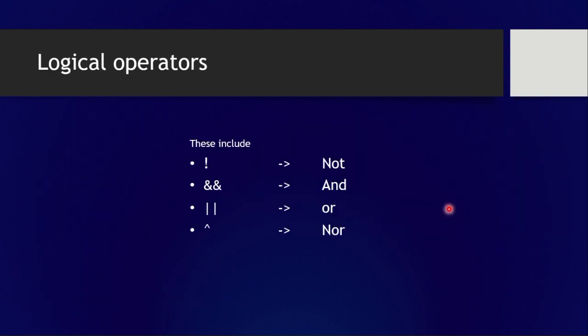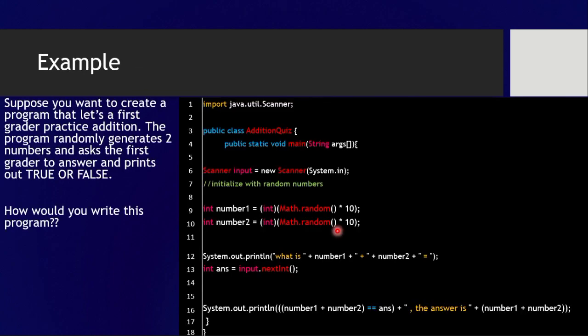And finally, when it comes to operators, we have logical operators. This includes not, this exclamation mark, and if you were to say and, we use these guys, or this guy, and nor, which is that guy. Okay,